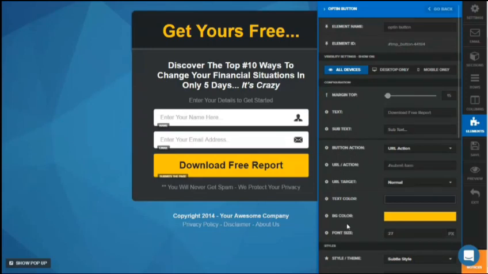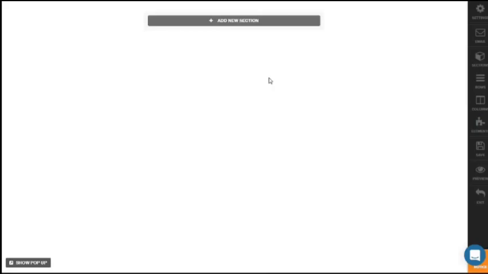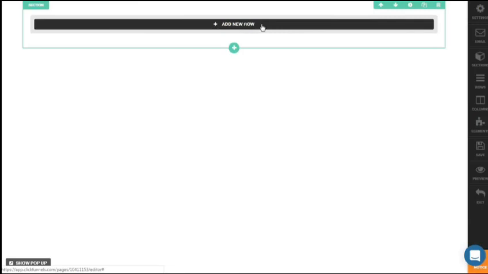Hi there, in this section, I'll show you how to create a page from scratch and also add elements into your page. So we start off with a blank page, and the only option there is to add new sections. So let's go ahead and click on Add New Section. And then you'll be brought into an option to add a new row. Now notice when I hover my mouse, it says here, Section, so let's click on Add New Row,